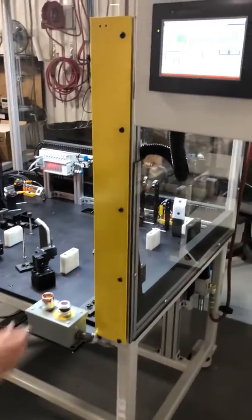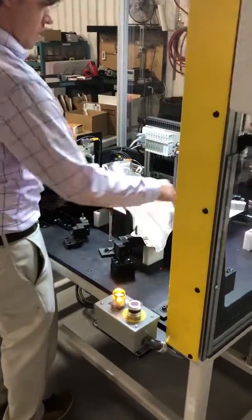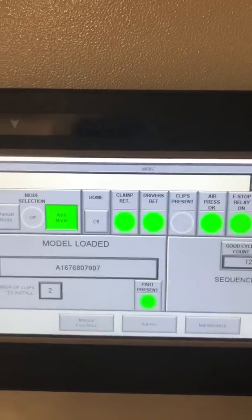I broke it early? The light, why the red lights went on? What do you think? We broke the light curtain? I broke the light curtain while those pins were coming home. Okay. But since there wasn't a part, all you have to do is hit the reset button and send it